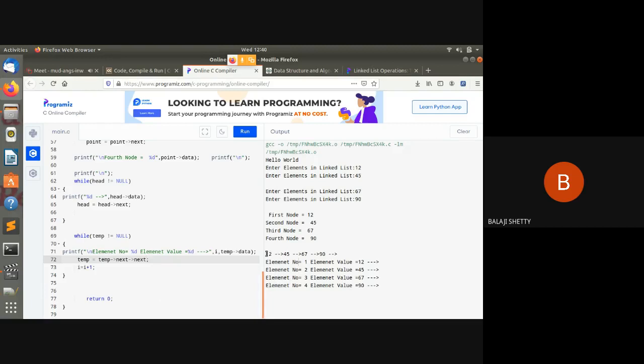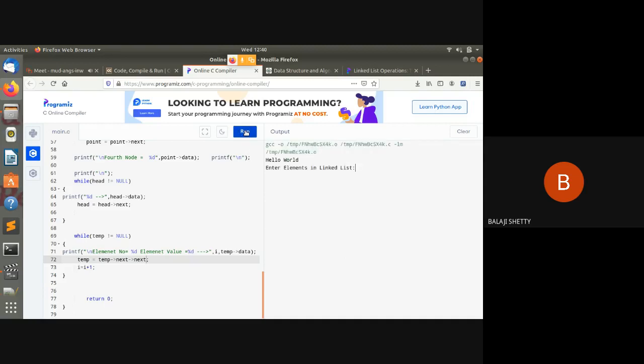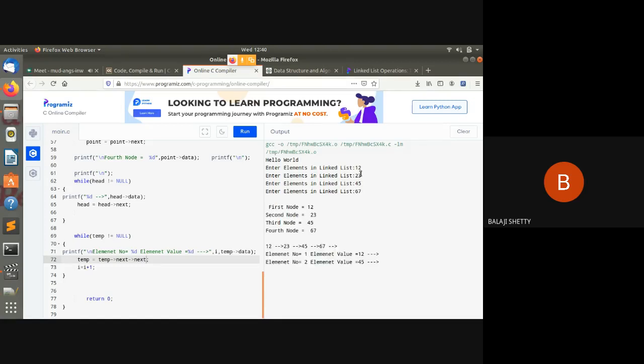Here temp was initially this 12. Temp next becomes 45. Temp next becomes 67. Okay, run the code. Now see here, temp next. What happened?